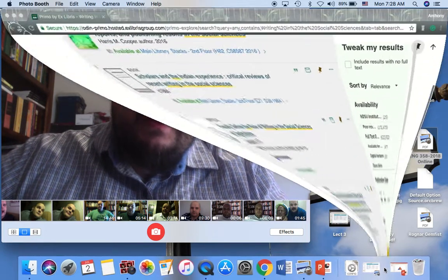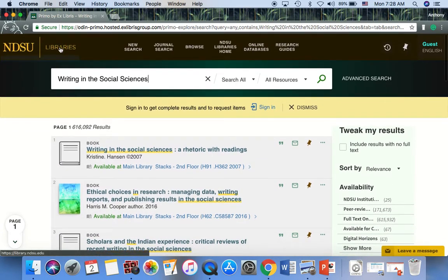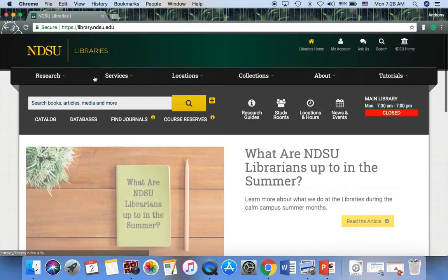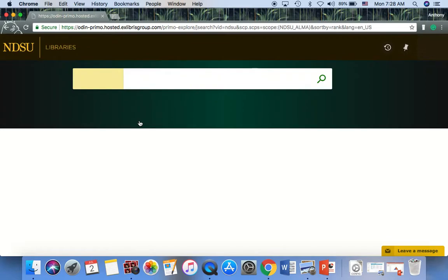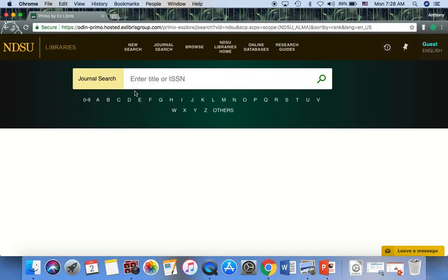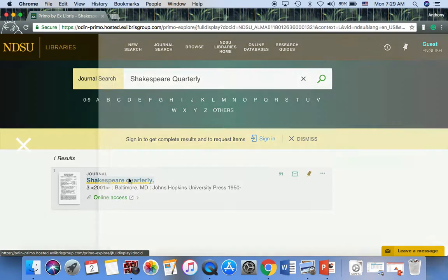If we look back at the library website, just doing the general search wasn't terribly helpful. But we have other options here. So we have find journals, right? And the find journals link takes us to a journal search. Maybe I want to write a paper on Hamlet. There's a journal for that called Shakespeare Quarterly.